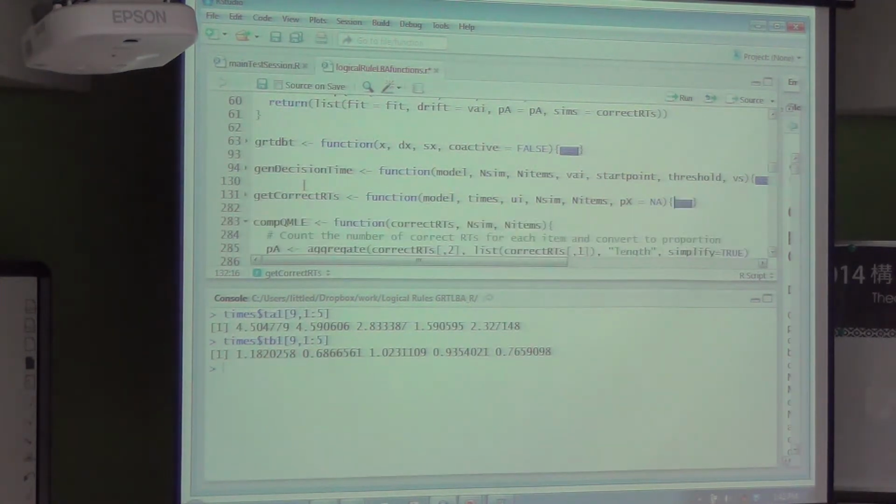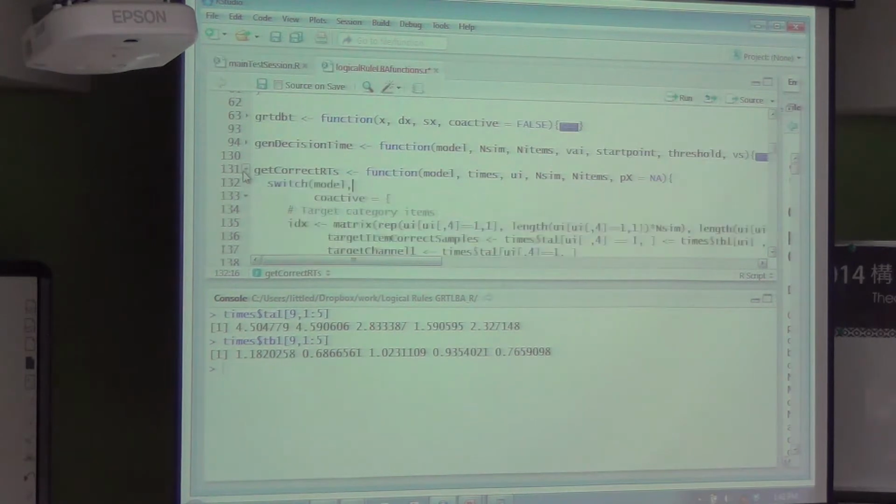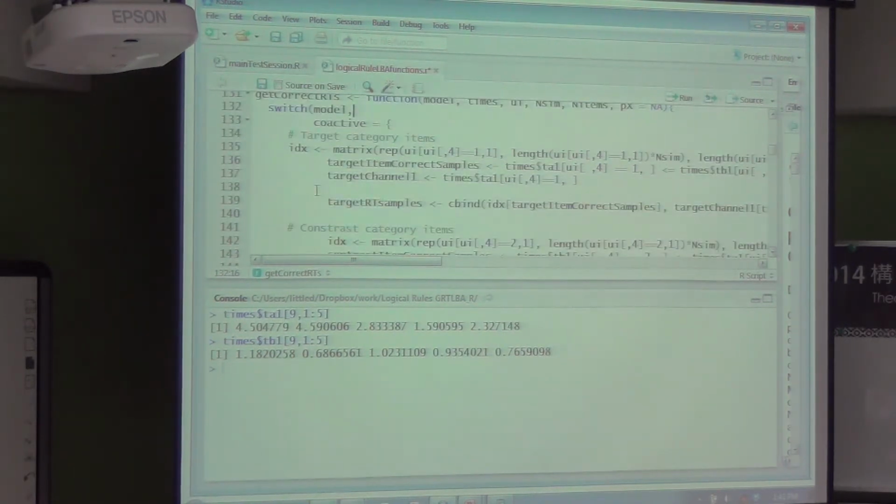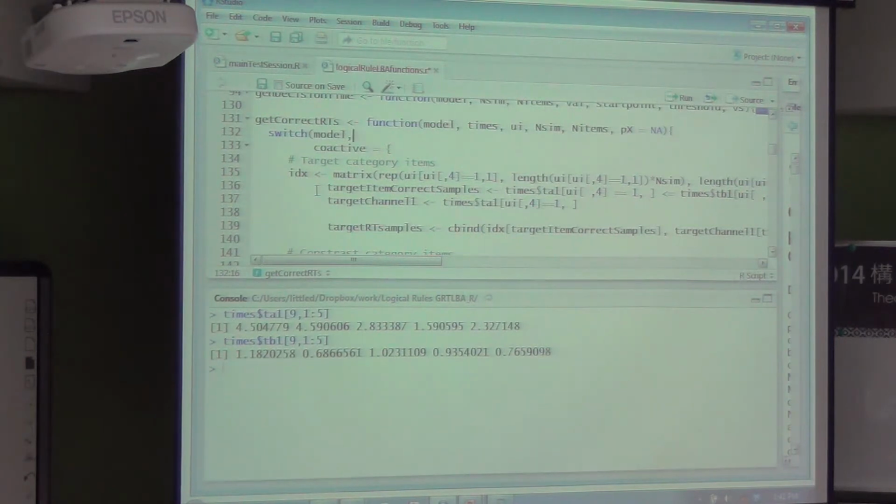Okay, so just the last little thing we need to do here before we get to our predictions is actually combine these sampled response times according to the model we want to use. So if it's a coactive model, all we need to do is work out whether the A accumulator finished first or the B accumulator finished first.